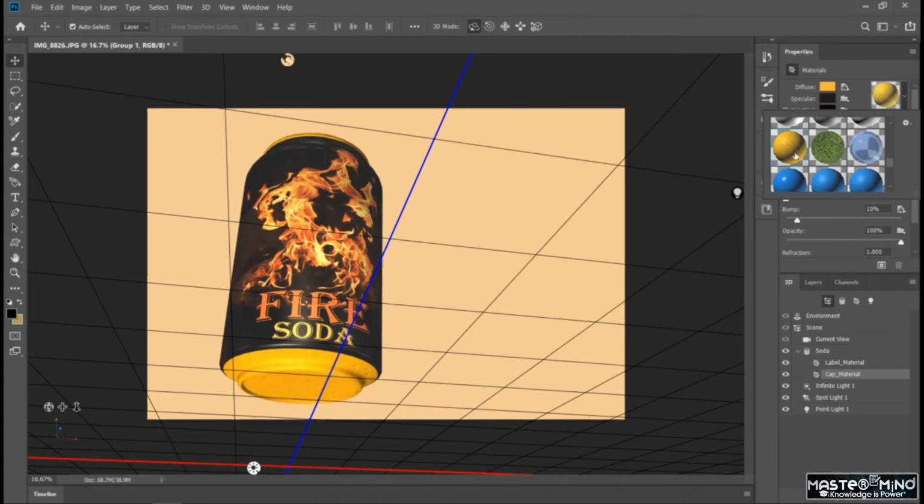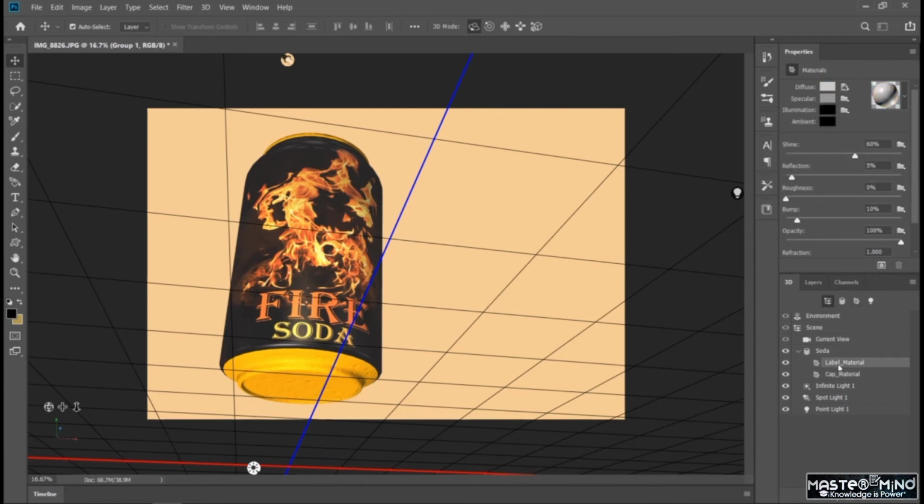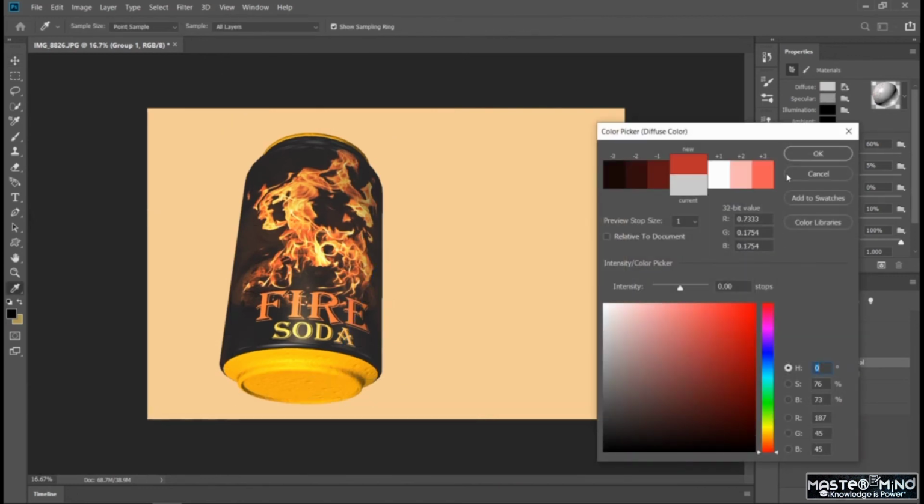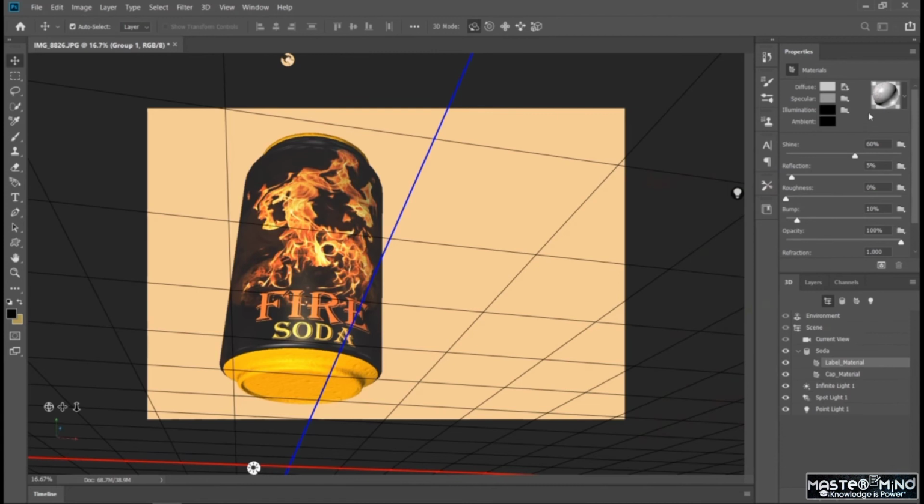So here are various options for selecting a material. You have to just select the sphere, and you can also adjust various properties. You can set the reflection, shine, roughness, bump, opacity, and reflection. So if you want to make your texture appear shiny, you can increase the shine percentage, and the reflection you